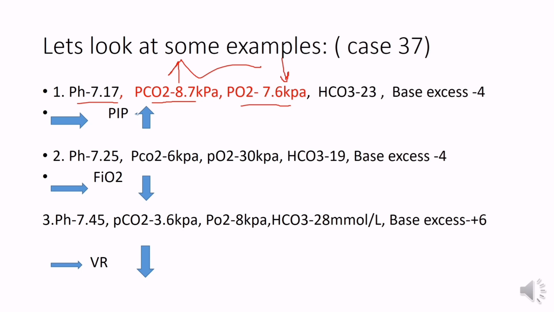So we only have to be concerned about the oxygen and carbon dioxide. Since carbon dioxide is normal, we go to the oxygen. Oxygen is too high, so we have to decrease the FiO2 as per the formula in the previous page. Now the third scenario, we have a normal pH, the carbon dioxide is low, the oxygen is normal. Only the carbon dioxide we are concerned about, so we have to decrease the ventilator rate. If you keep in mind the formulas in the previous page, you will be able to solve any questions.